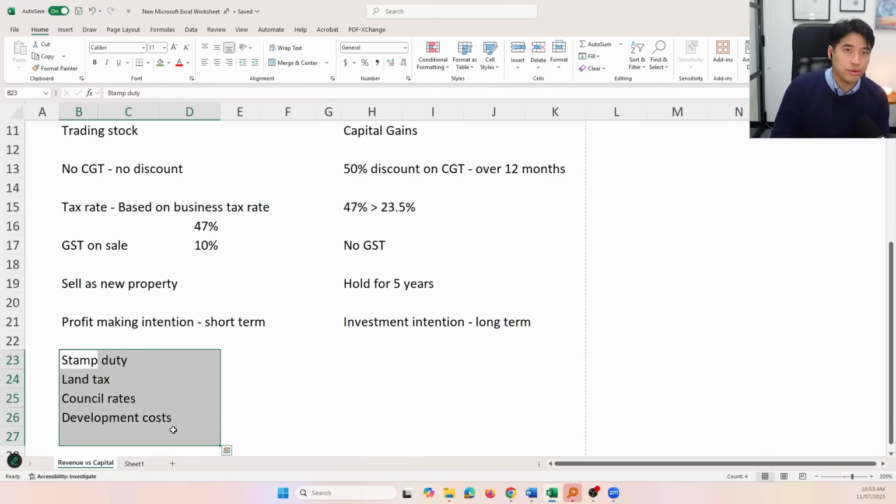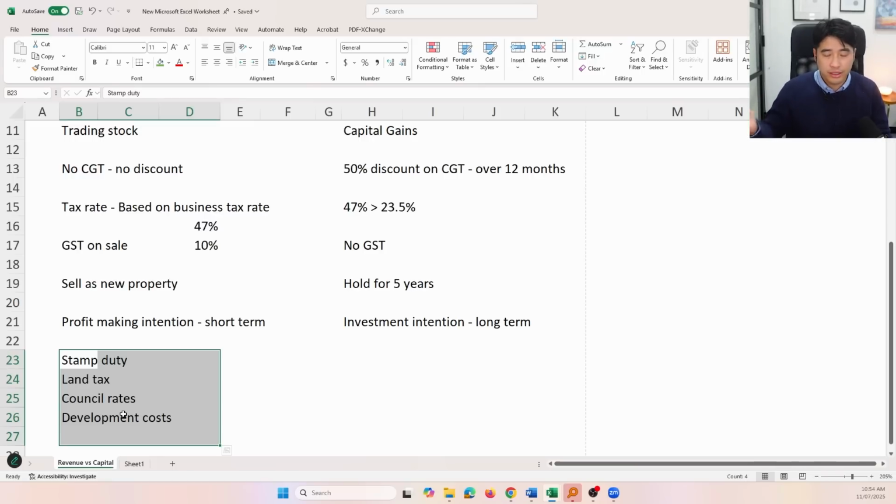And how do you prove that it's your main residence? You got to live in it. You got to change your address. You got to have water rates, internet fees or subscription going through it to prove that you've actually lived in it. So you got to be very careful though, because some people try to pretend to live in it, and that's where there's a bit of an issue, because the ATO is getting smarter and smarter. So I don't recommend trying to do something like that.